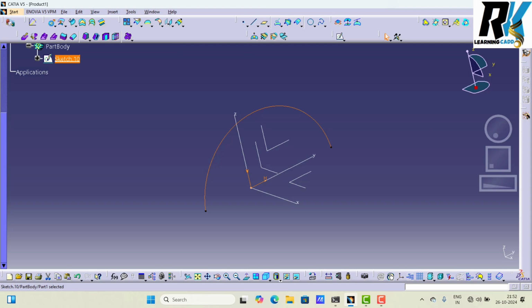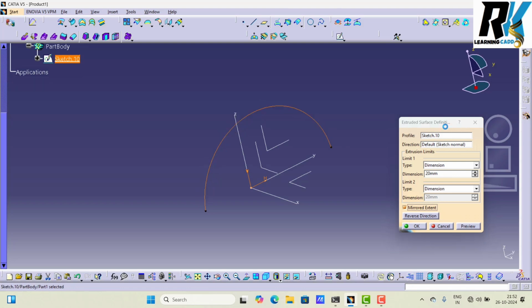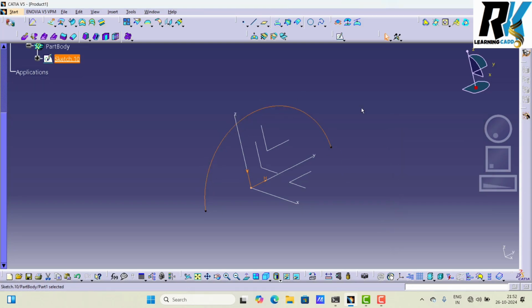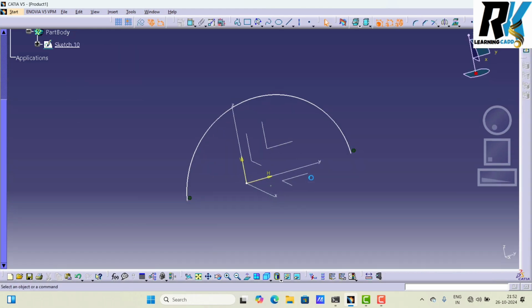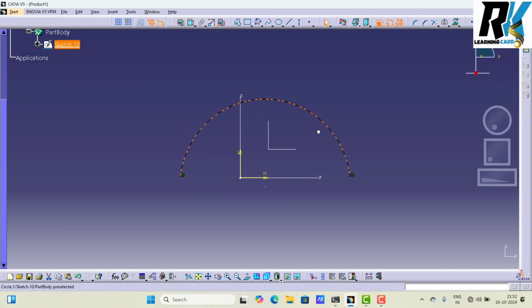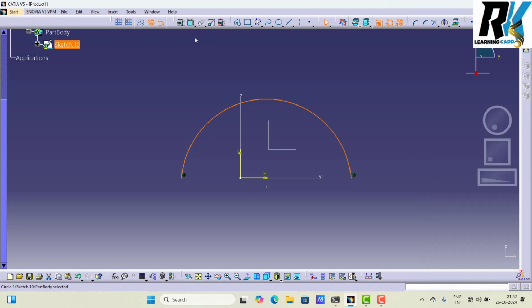Here I have to create an extrude surface, so use extrude. Here you use mirror extend, and this is too heavy. So we go to editing mode and make a dimension. The sketch is too heavy, so I make a dimension here.